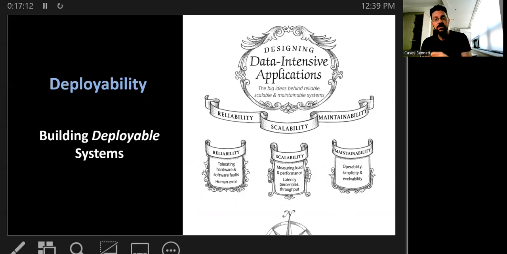Another thing I mentioned here, and I mentioned this in some of my classes, is the data engineering side. One thing we also need to think about is deployability, right? We want our solutions to actually be things we can deploy. Sometimes in data science, we build models and we have this really cool deep learning model that takes 3 days to run, or maybe 4 hours, but you have to have all these cloud computing resources. Or we build a solution that works right now, but if anything changes, it just breaks, right? So we want to think about making something that's deployable, because if we can't deploy it, it's useless.